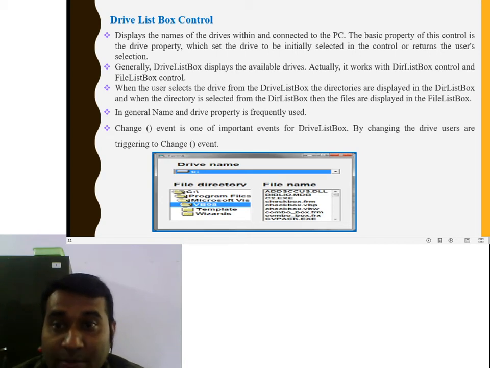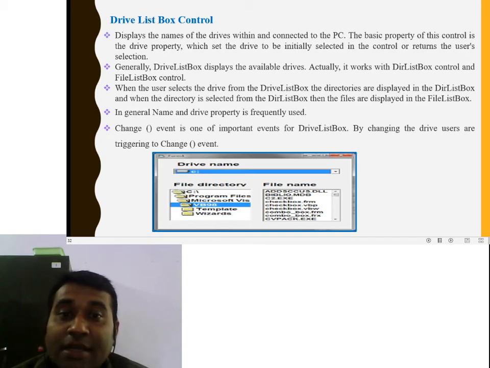Again I repeat: when the user selects the drive from the drive list box, the directories are displayed, and when the directory is selected in the directory list box, the files are displayed in the file list box.